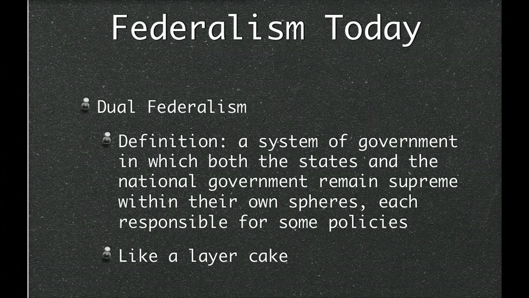Okay, we're going to look at some of the historical developments of federalism. And we know that federalism from the founding of the Republic till about 1937 was in a form that we call dual federalism. State governments and the national government remained supreme within their own spheres, and the powers and policy assignments of the layers of government were rather distinct, as in a layer cake. So the states didn't get involved in federal issues, and the federal government didn't get involved in state issues for the most part.